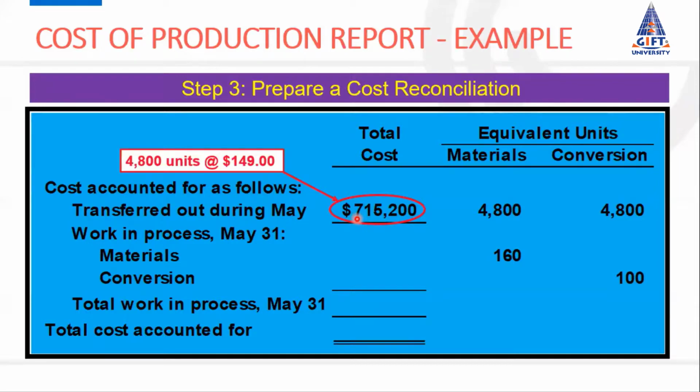So the entry of this cost will be work in process second department, debit 7,15,200, and work in process first department, whichever the name is, that is the credit, 7,15,200. For this entry, we will do this calculation. And for this calculation, we use the previous second step calculation. And for the second step calculation, we use the first step calculation. So all this cost of production report is prepared for calculating this figure. And this figure is used in recording the entry, which I have just explained to you.